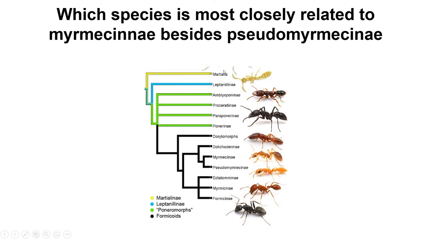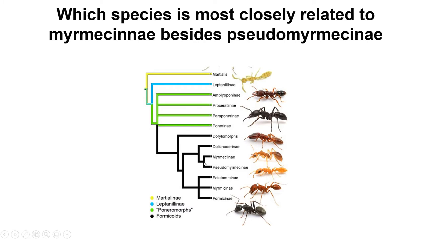The other version of a question that you might see is, who is the most closely related to a certain species? So we're looking for Myrcinae, which is here. So who's most closely related to this one besides this one? You basically count nodes. And remember, the nodes are shared ancestors. So if I have fewer shared ancestors between myself and someone else, that means we are more closely related. So the Myrcinae and the, whatever,